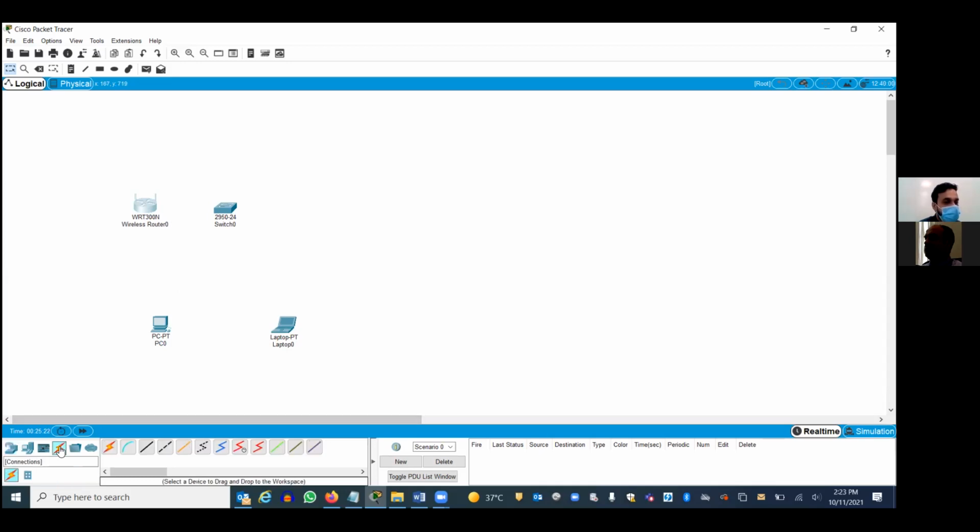You go to the connections. We have different connections. We have automatic connection. We have straight-through cable. We have crossover cable. So can you tell me when you are using a straight cable? Network to another, right? So what if you have similar devices? Which cable, straight or cross? Cross. Very good. Okay. So are PC and switch similar or different? Different. So which cable? Straight, right? Select straight cable.